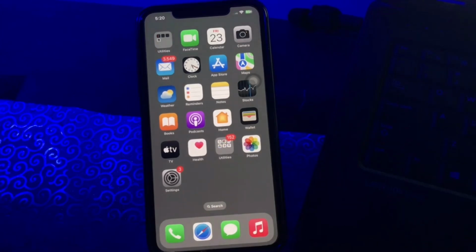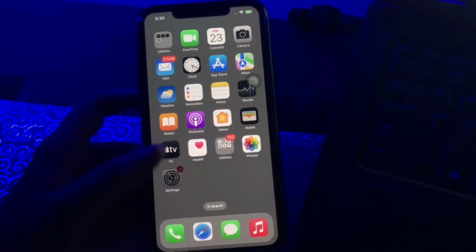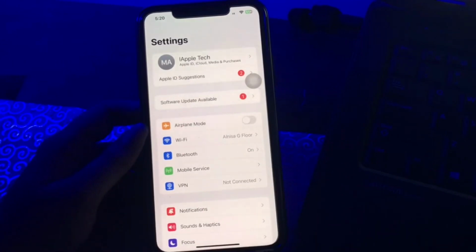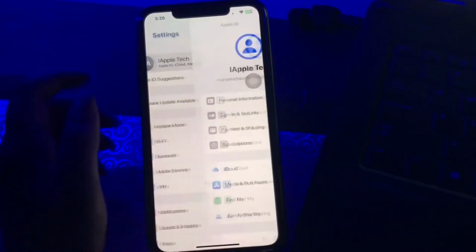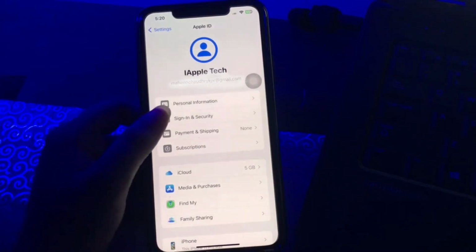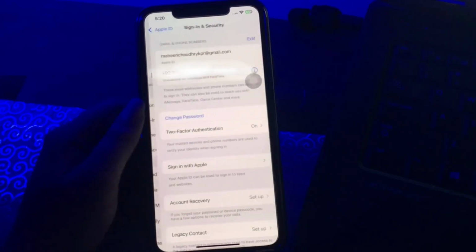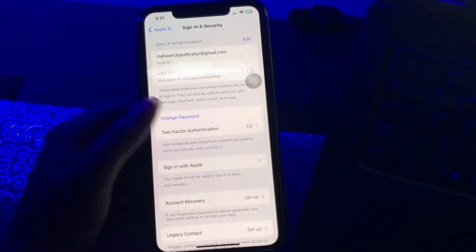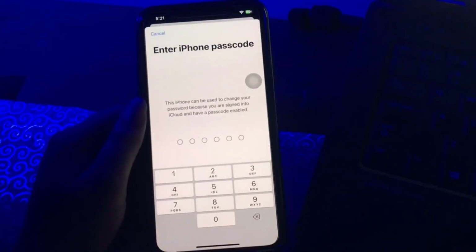You should first launch the Settings app by tapping on the Settings icon. Once the Settings page is launched, go to the profile name at the top. This opens the Apple ID page on your iPhone. Now select the Password and Security option on the Apple ID page. Then tap on the Change Password option. You might need to enter your iPhone passcode to continue further. Please follow the on-screen instructions to change the password successfully. Once you have successfully reset the password, try logging into your iPhone using the newly changed Apple ID password and you are done.